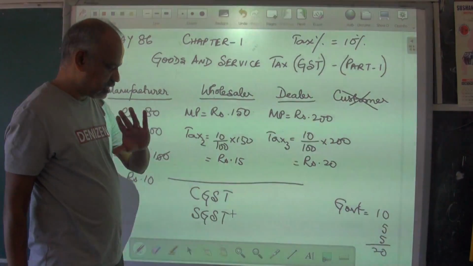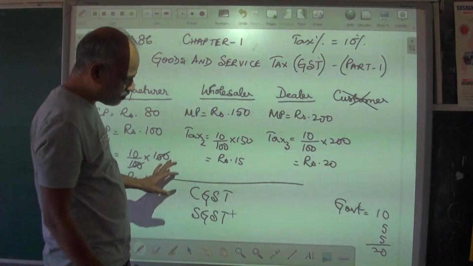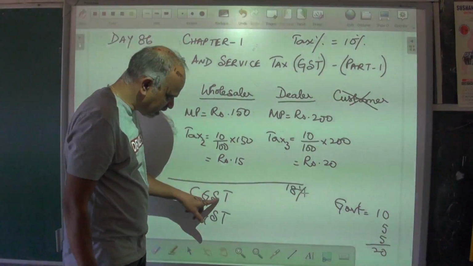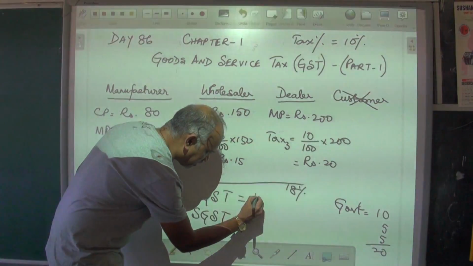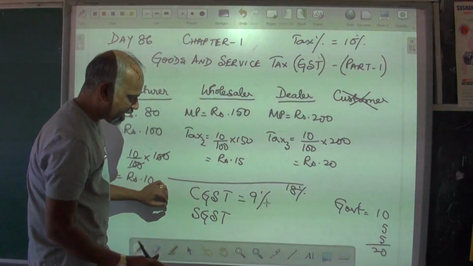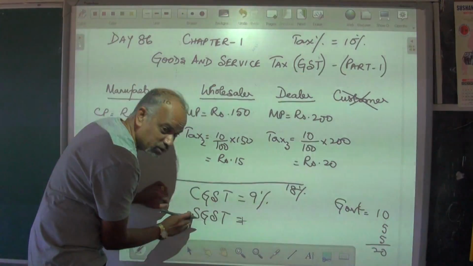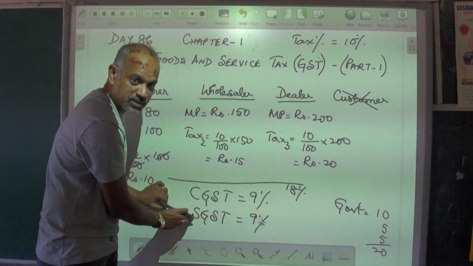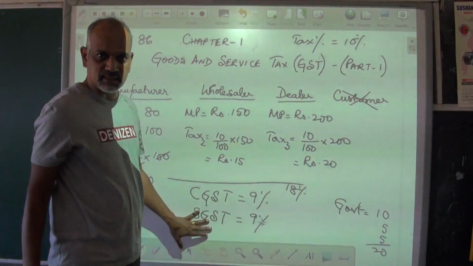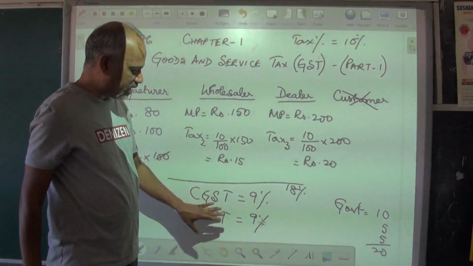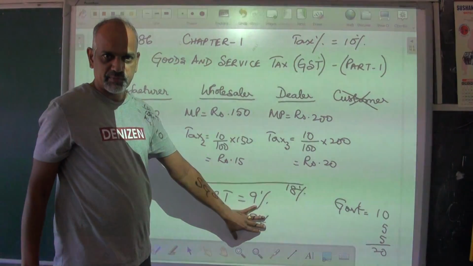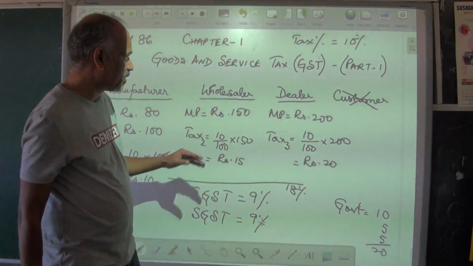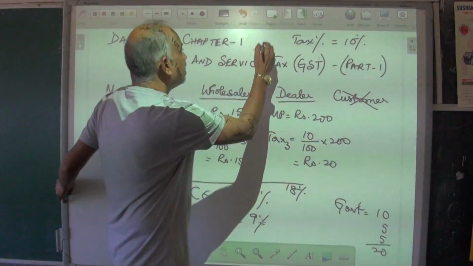Now the actual percentage of GST is 18%. Okay. So CGST is half of this, that is 9% should go to the central government and the remaining 9% goes to the state government. Okay. So 9% to the central government and 9% to the state government as GST. So if they are asked separately, then this is how you will separate them. Half goes to the central government and half goes to the state government. Okay. So that's just an example. Now to the exercise.